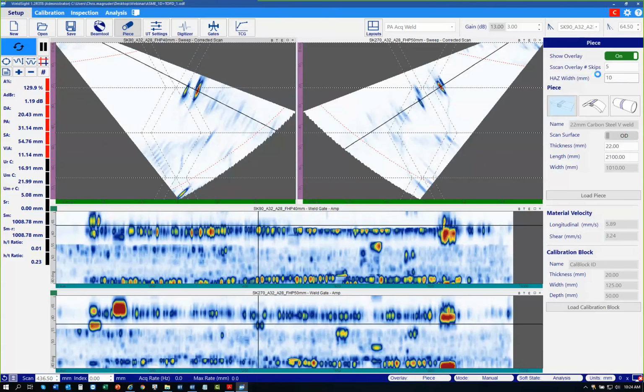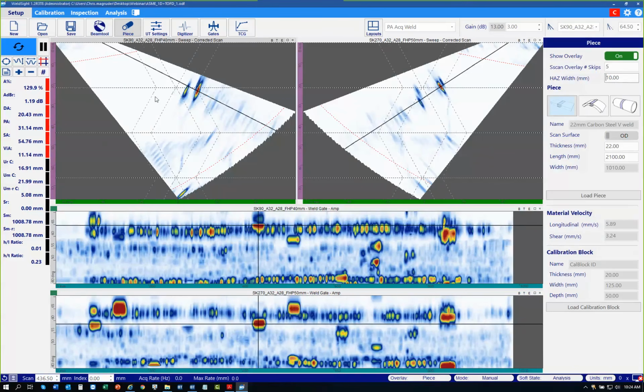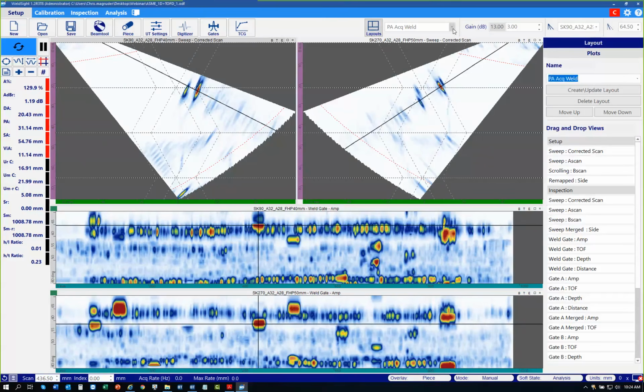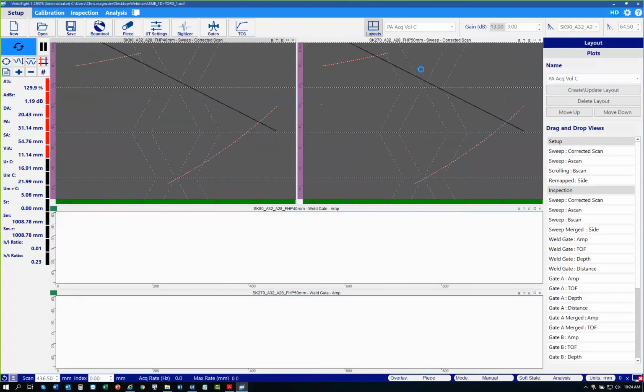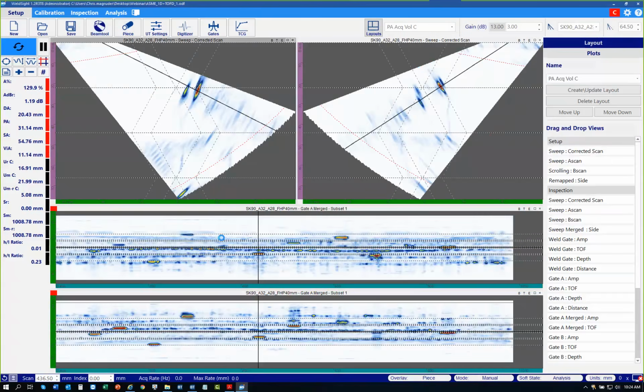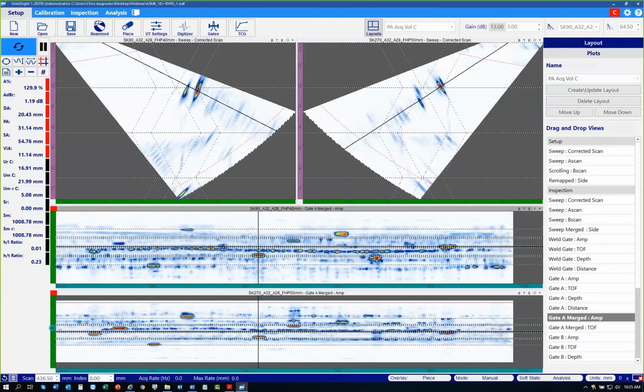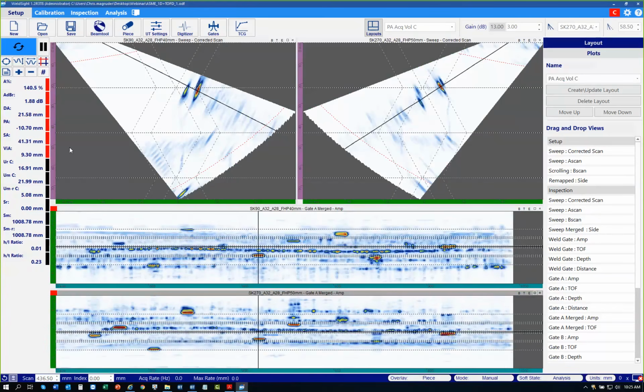So when we adjust this gate zone and make it wider, we can see that the C-scans update directly. The third type of C-scan that we'll use is the volumetric C-scan. The volumetric C-scan, which is gate A merged amplitude. Previously in TomoView and in the MX2, this required post-acquisition processing and wasn't available live during